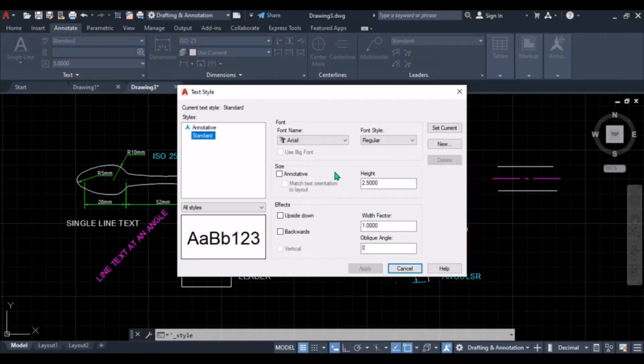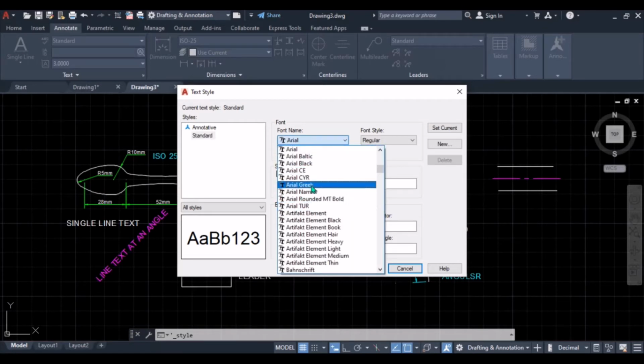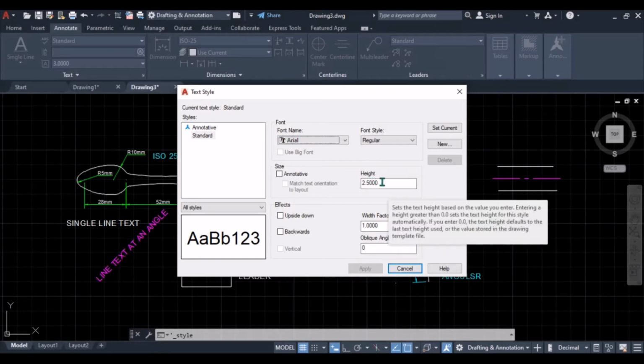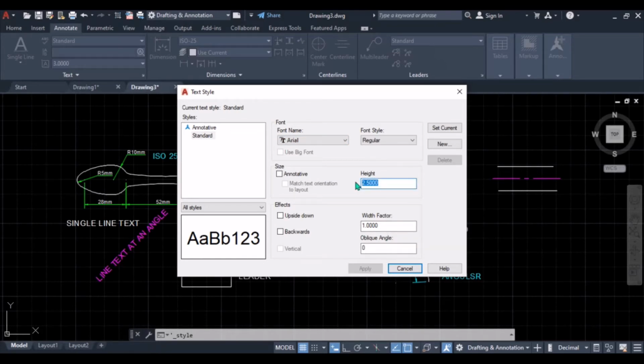Here you can change the text style of the text, and adjust your text height. So you can use 2.5 for our case. Text height should be the same throughout, whether text, dimension, or leader line.